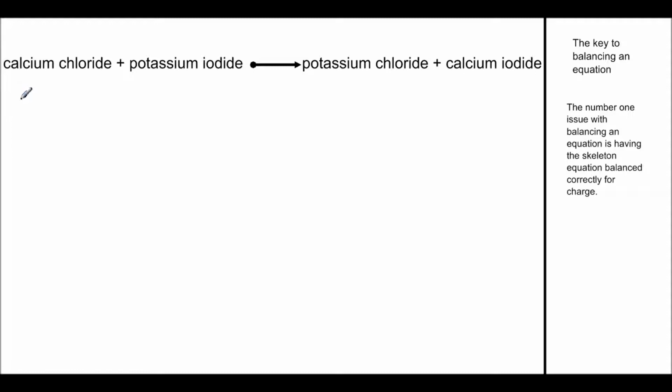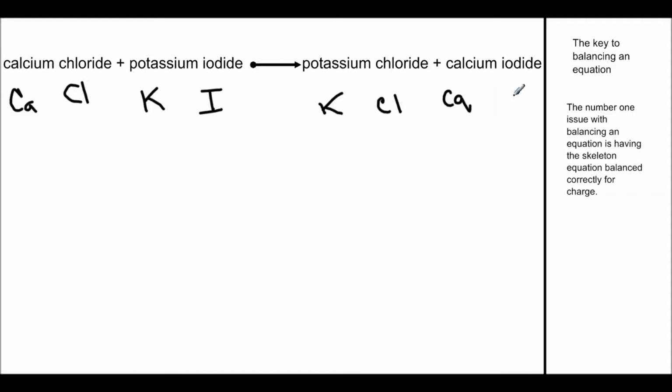So what we're going to do here is we're going to write out the chemical formula. So I'm just going to at first write out all of the chemical symbols for all of these. And then we'll have a look at the periodic table to determine their charges. And then we'll write out our skeleton equation. So we have potassium and chlorine,